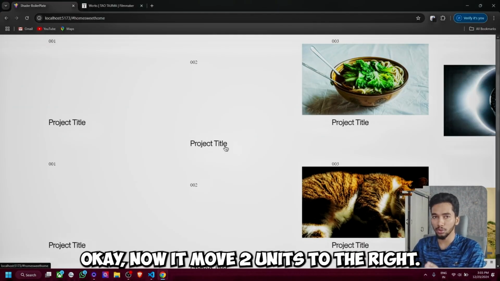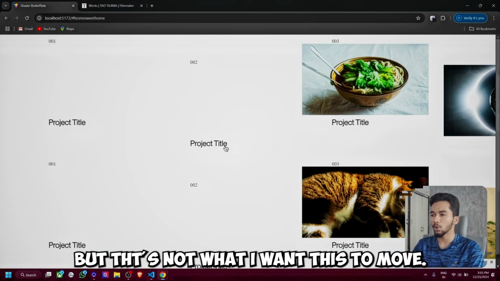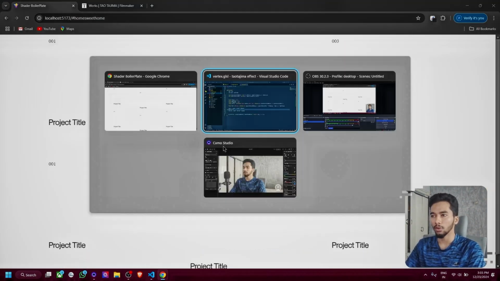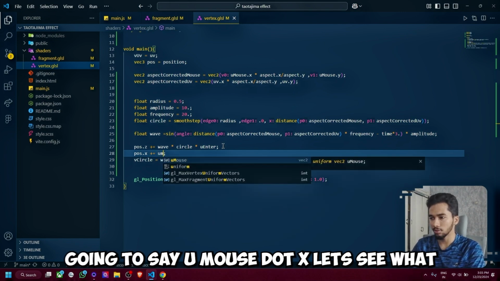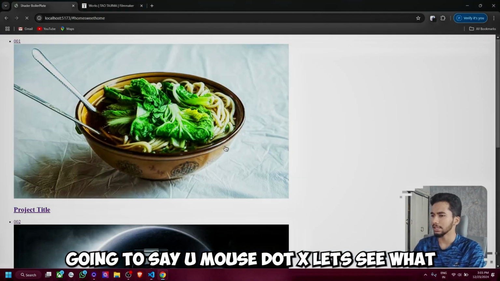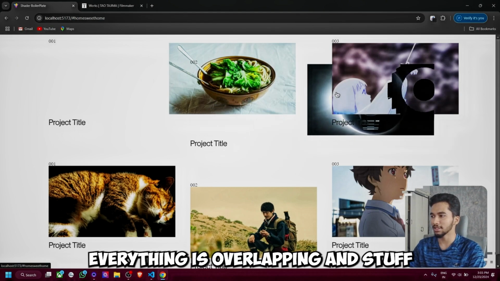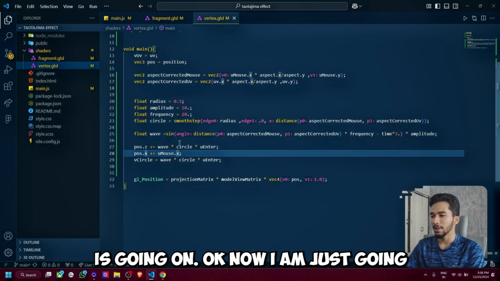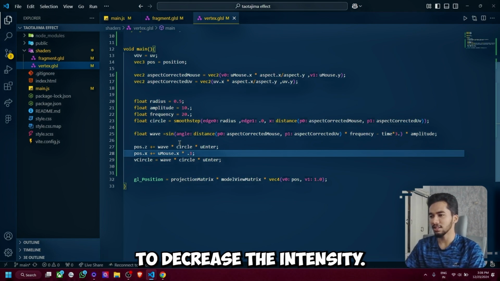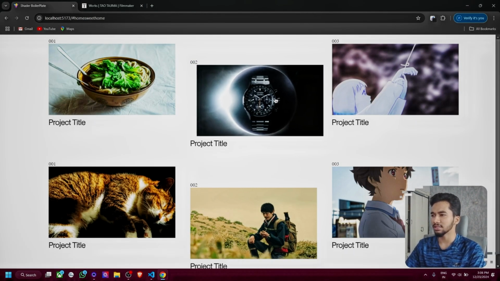Okay, now it moved 2 units to the right, but that's not what I want. I want this to move in the x direction with my mouse. So I'm going to say uMouse.x. Let's see what we have. Holy shit. Now everything is overlapping and stuff is going on. Okay, now I'm just going to decrease the intensity. Okay, that's perfect. But